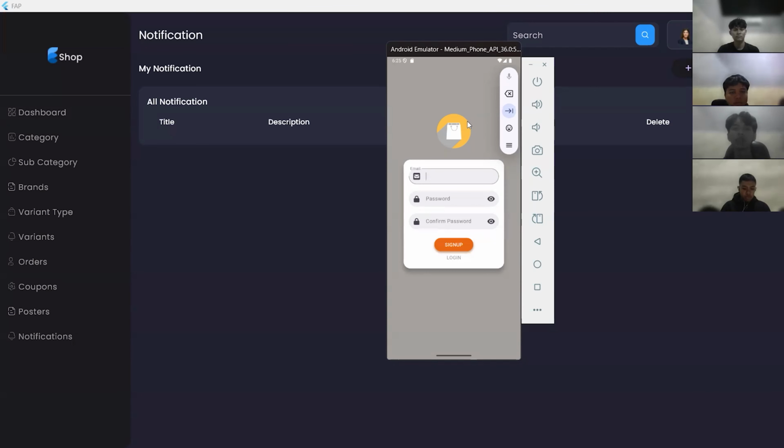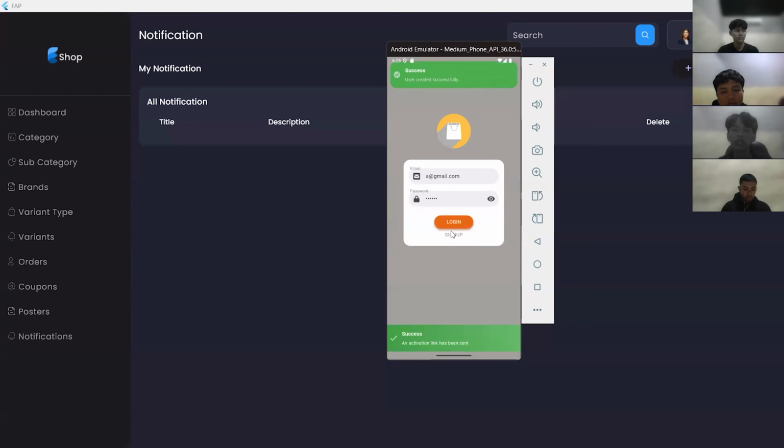In the user panel, before you login, you must sign up. Enter email, enter password, okay. After you sign up, you login, using the email and password from before.